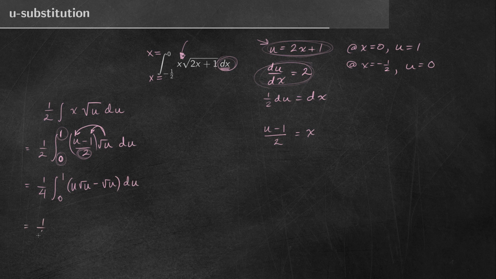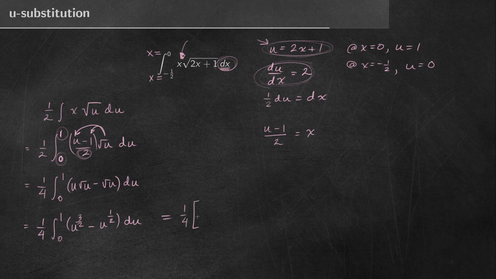And let's rewrite using fractional exponents to make it easier to do our power rule. So u times square root of u is u to the power 3/2 minus u to the power 1/2, and that gets multiplied by du. So I'm ready to integrate. Step 3,